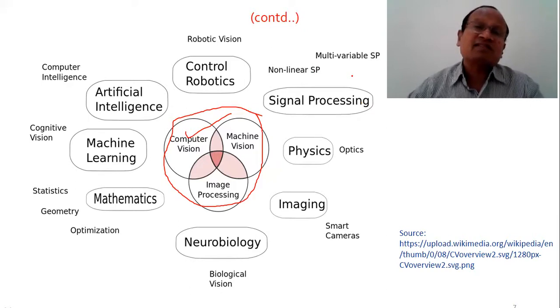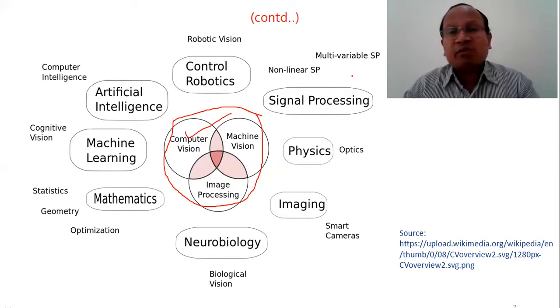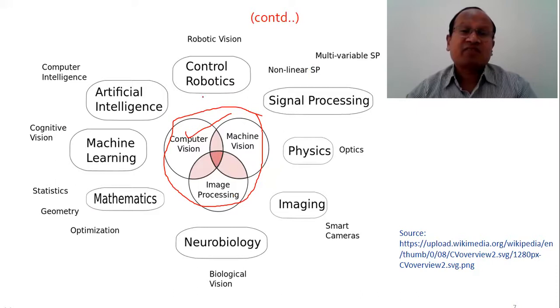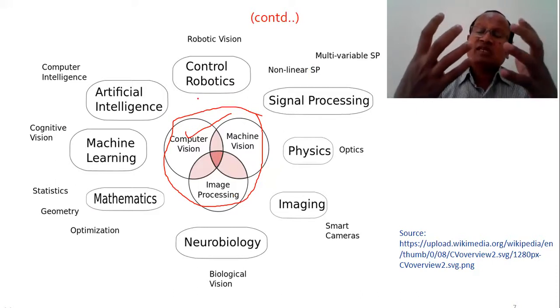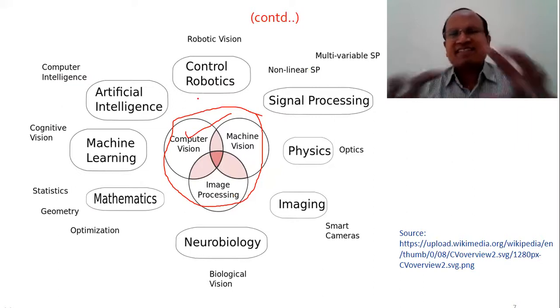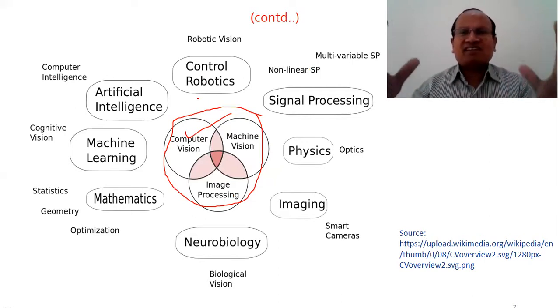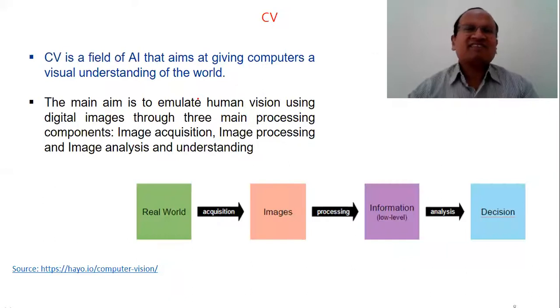multivariable models, where one signal can vary due to a number of other variables, parameters or attributes. So this particular picture is an interesting one that depicts overall computer vision. We can also say that these are the major stages and components: AI, machine learning, neurobiological system, optical system, signal processing, mathematics. All these are major components of computer vision.